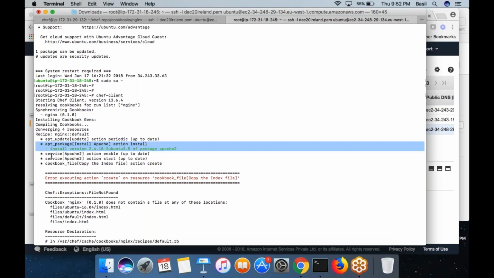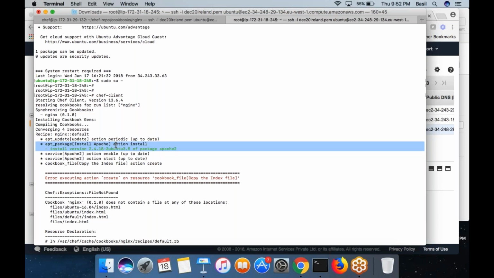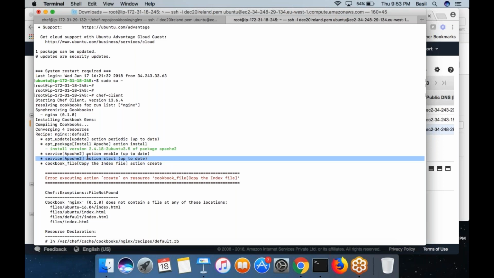And then it will enable Apache, which was actually already done. If you see up to date, what it means is it is already up to date, with no need to execute it again. Service start is already up; actually, along with the Apache installation it got started also. So basically, when a Chef resource wants to do something but that action is already taken, Chef will not make any change to the node. That's why it says up to date.